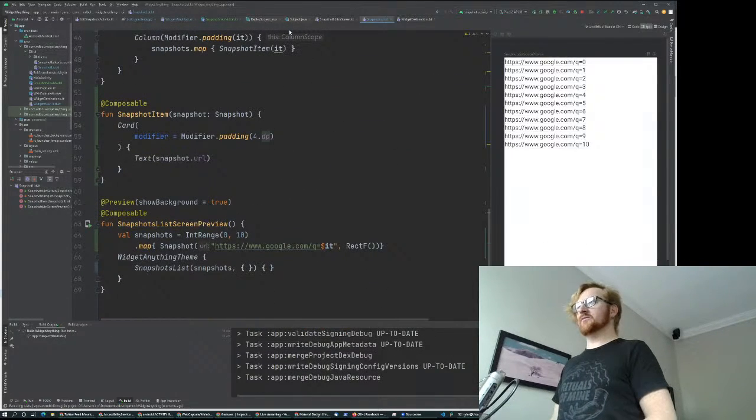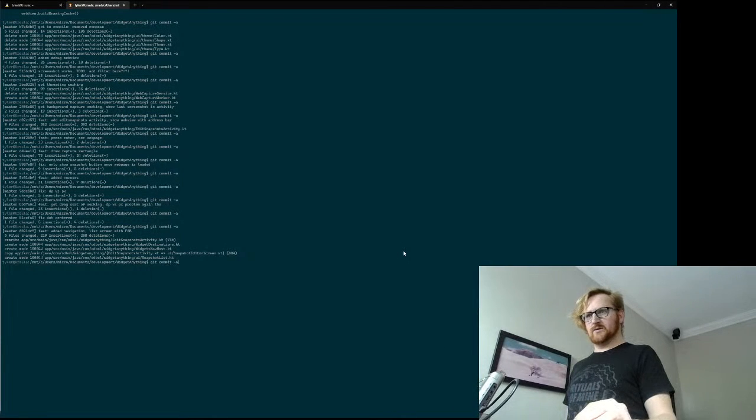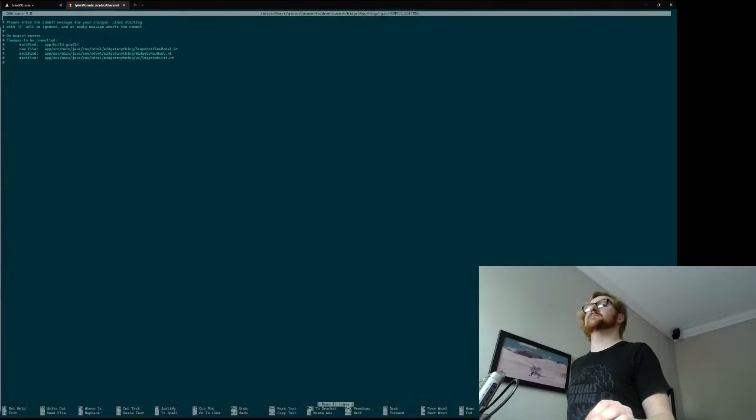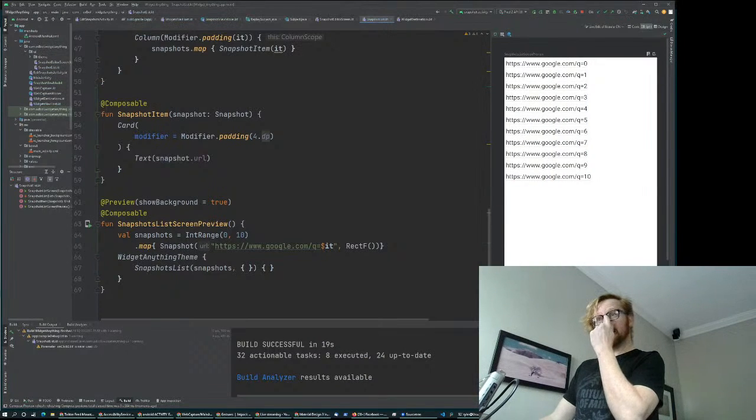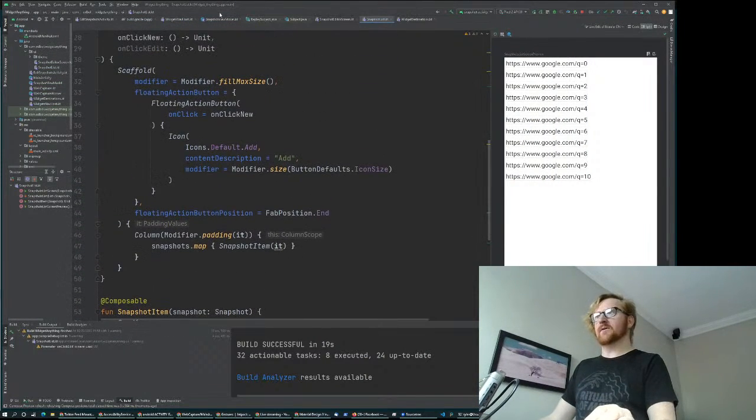So now, let's go ahead and save this, I guess. We added view model and list display. Okay, seems to work. Now we go to the